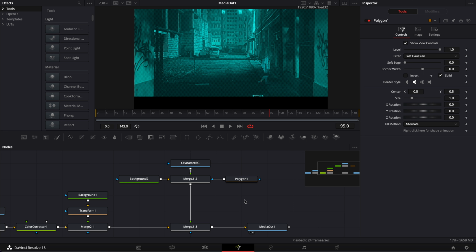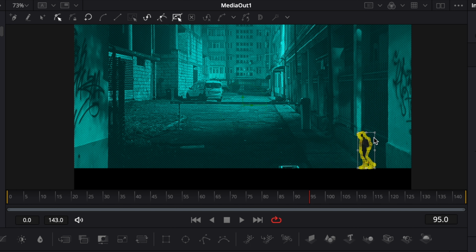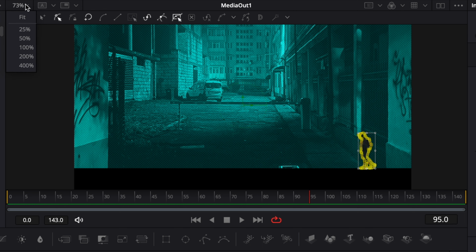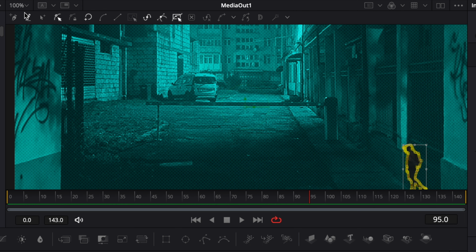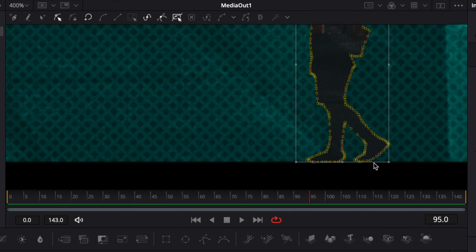So I'm just gonna select polygon, and here we're just gonna select all the points, and we're gonna select shape box, and then we're just free to move it around like so. We're just gonna flip it, so like that, and then I'm just gonna bring it down to the pavement. I'm gonna zoom in to just make sure that it's properly aligned with the pavement. So here we're gonna maybe zoom 400 just to be sure that we're good. Here like that seems nice.